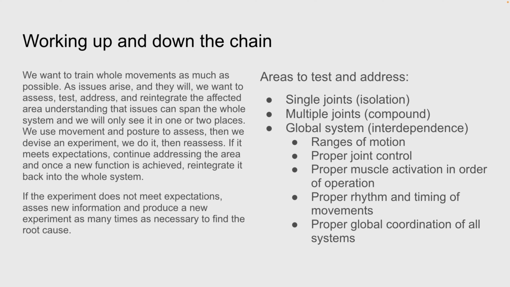So the way that we do this is we use movement and posture to assess, and then if we see an issue, we devise an experiment, we do the experiment, and then reassess. So, I see that there's an issue somewhere. I think, okay, maybe that's because the rectus femoris is tight. Maybe it's the hip flexors. So we roll out the rectus femoris and we stretch it, and then we look at the whole movement again,